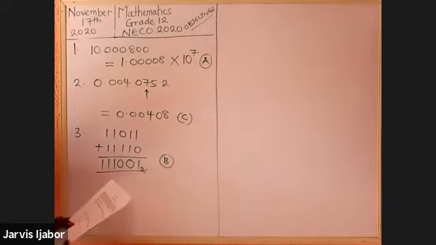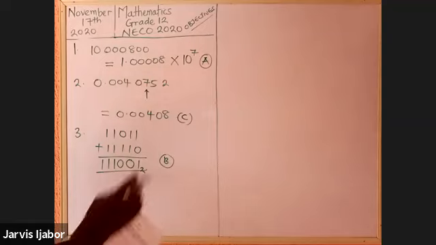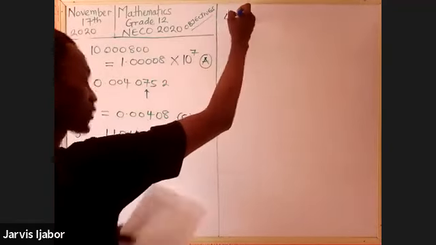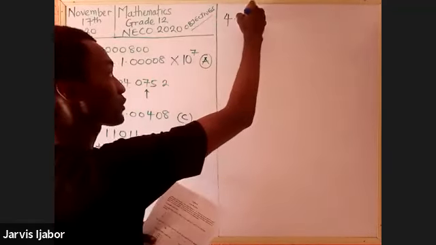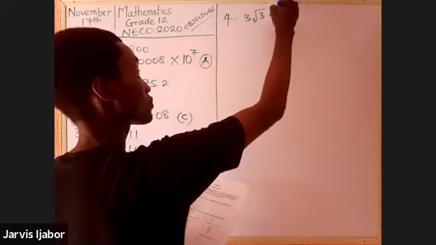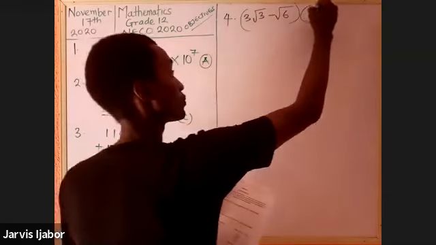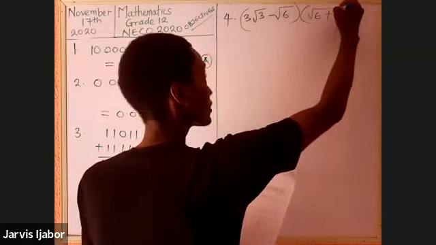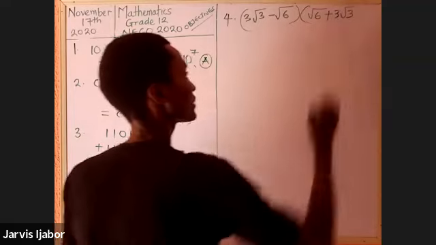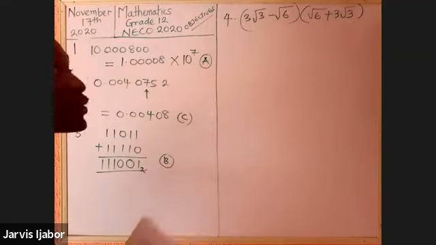Now, question 4 is going to test your knowledge of the evaluation of a surd. Now, look at the problem. You have 3 root 3 minus root 6 into root 6 plus 3 root 3. Now, is there something very interesting here? If you look at this problem very well,